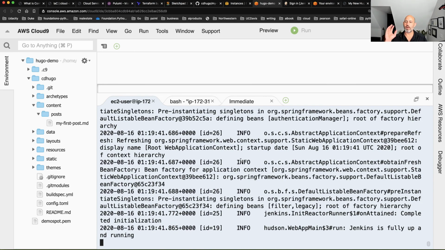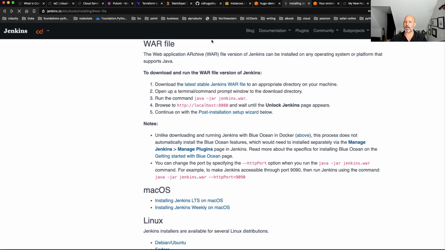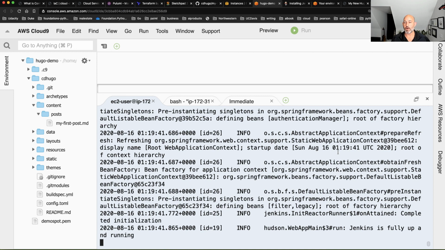Anyway, long story short is that you can easily test out prototype Jenkins. It's like a throwaway environment by launching it inside of a shell in foreground mode inside of something like Cloud9. So that's how I typically would set it up.